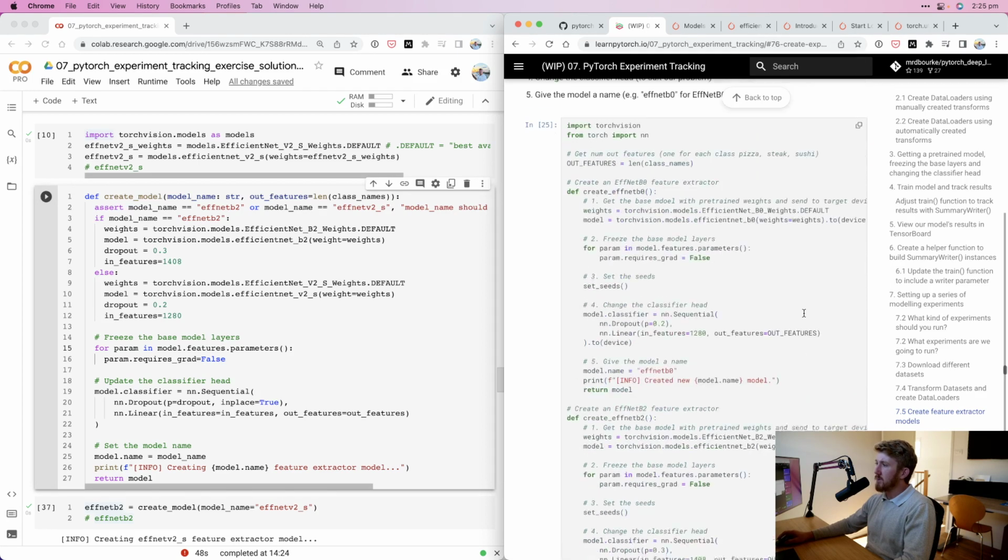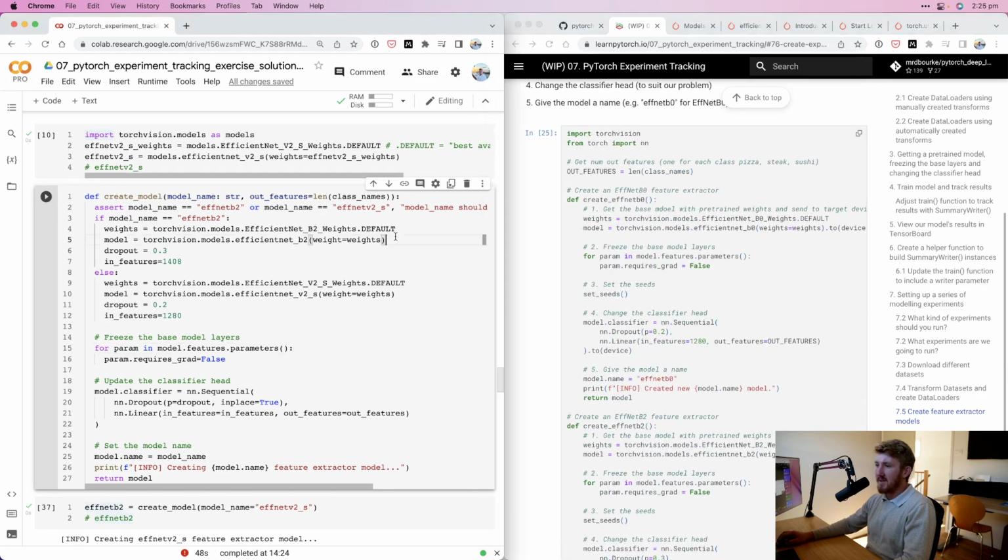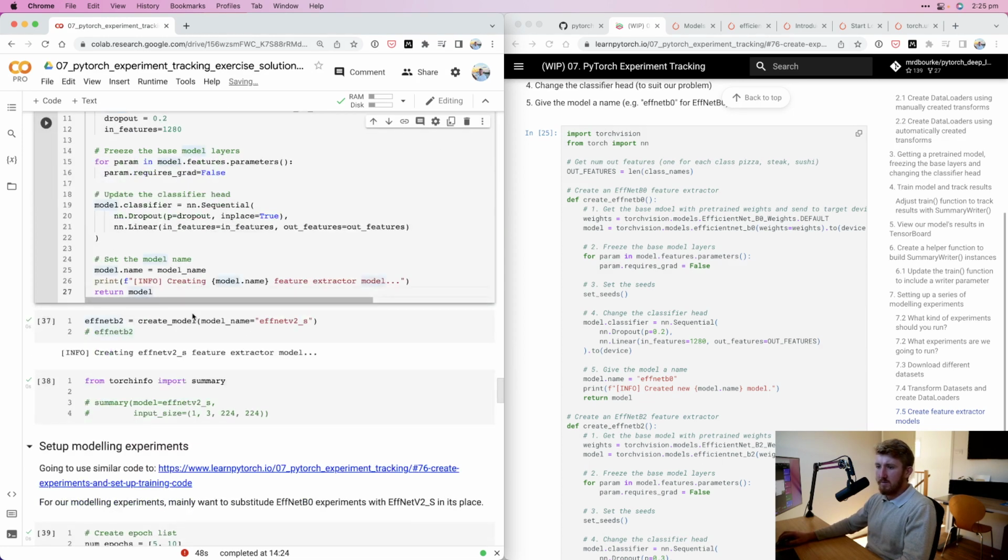So in here, I put the model to the device up there. Maybe that's a better place to do it. It shouldn't matter. Let's get a summary of